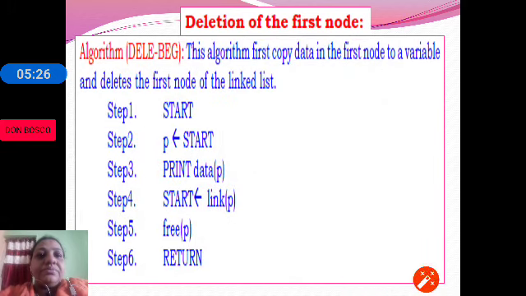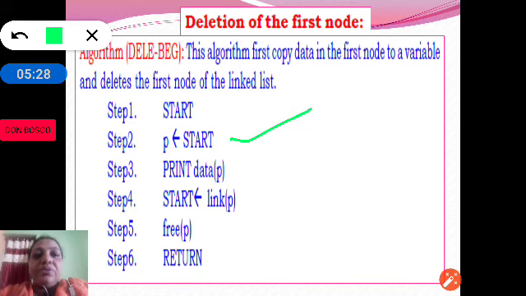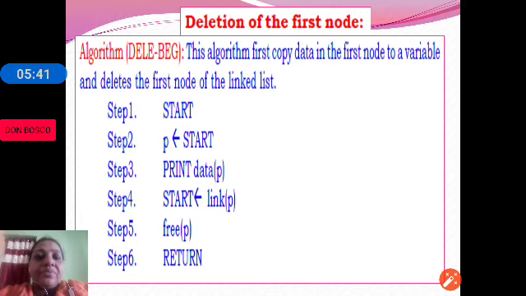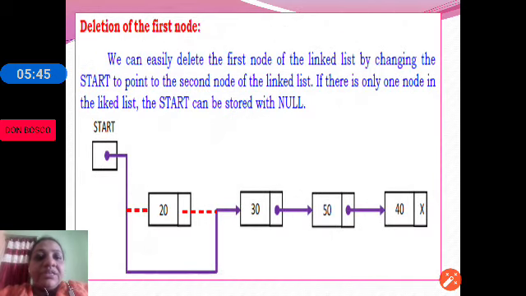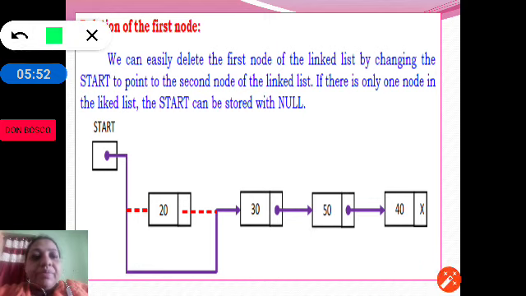Start, P is equal to start. We are making P point to the first node. So we are printing the data. Start is equal to link of P. So here what we are doing is we are making P point to the start, that is the first node.